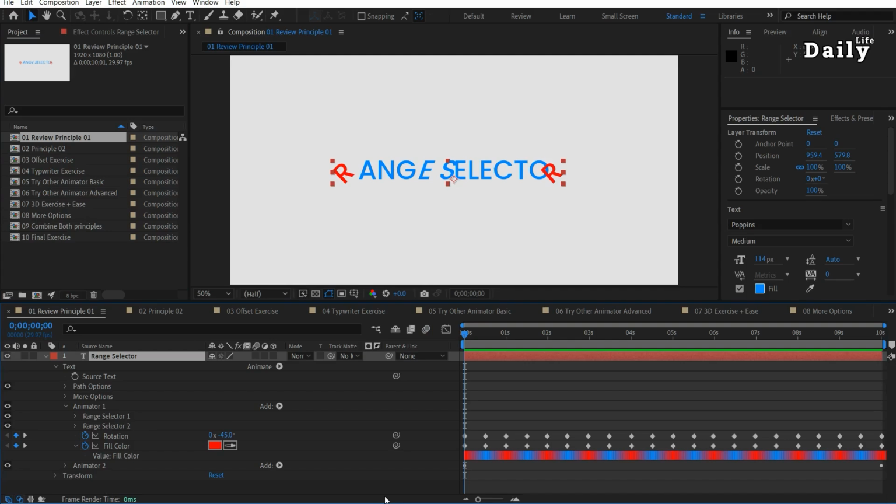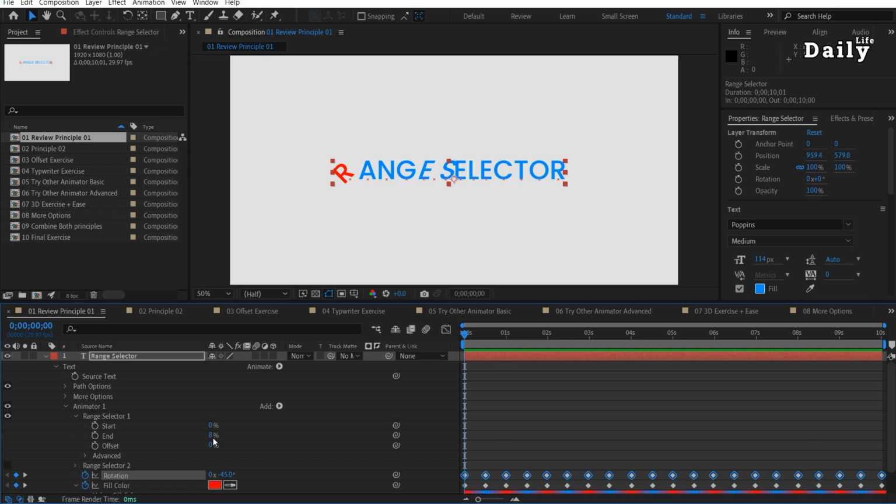In this example, we have rotation and fill color properties animated from -45 to +45 degrees. Keyframes for rotation and fill color are repeated, red to blue and back. The range selector on the first and the last characters limits these properties. Reviewing range selector layers. Turning off the second range selector reveals the first one, where I edited the end parameter from 100 to 8, limiting the action range for the properties.